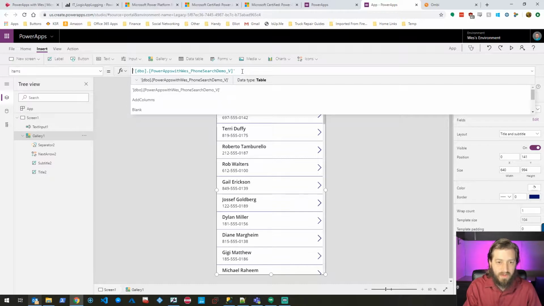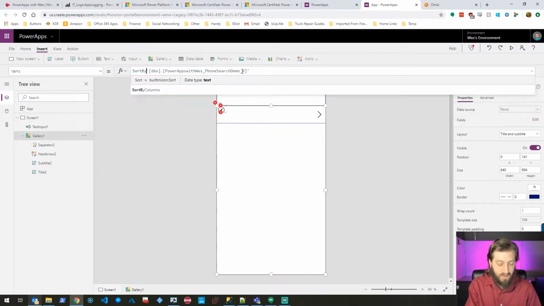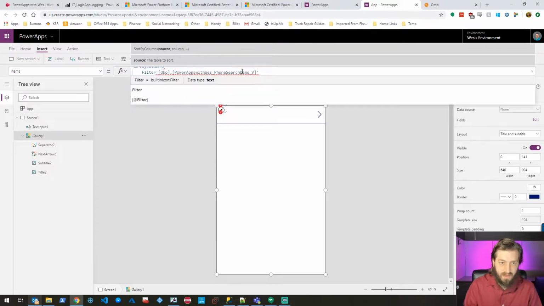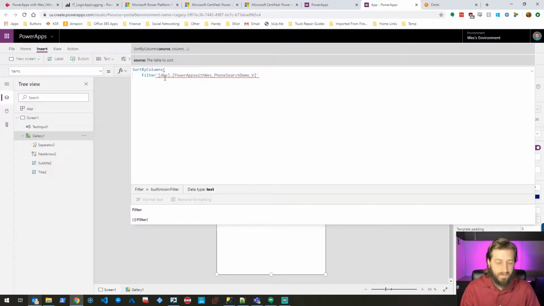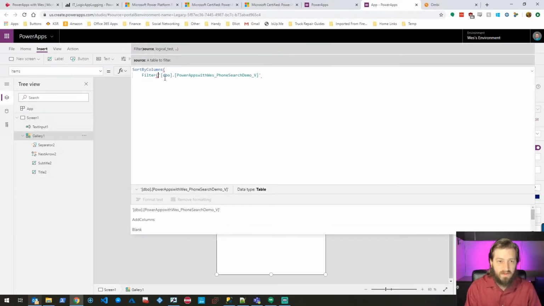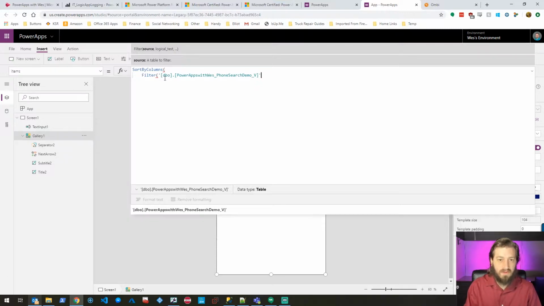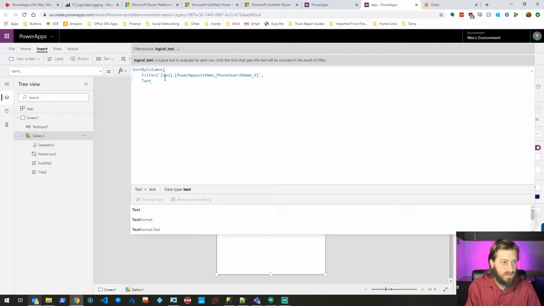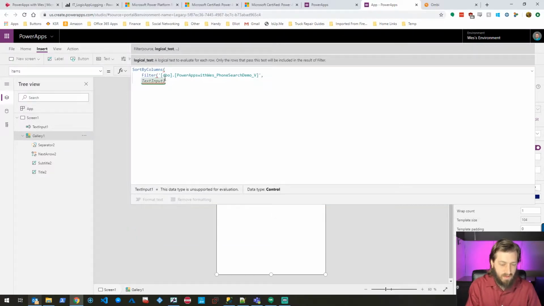So what do we want to do here? We want to make it like a phone book, so we want to sort the columns, and we want to be able to filter it based on what we enter in the text field. So we're going to do a SortByColumns, we're sorting this source, but we also want to filter it. So let's do a Filter command as well. Let's open this up so we can see what's going on. A Filter command, we're going to filter that source based on stuff in our search box. So we'll do TextInput1.Text